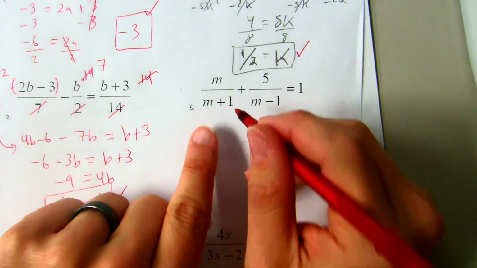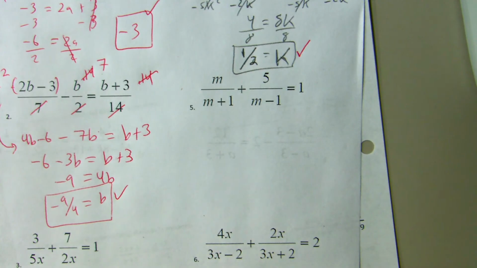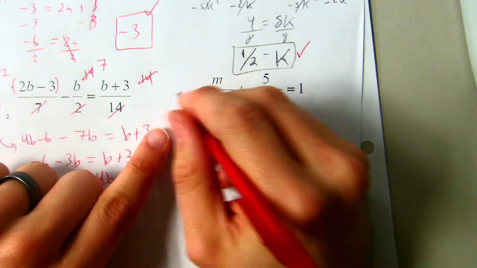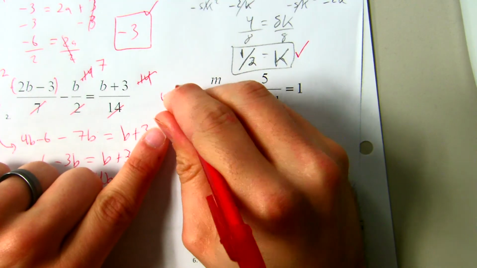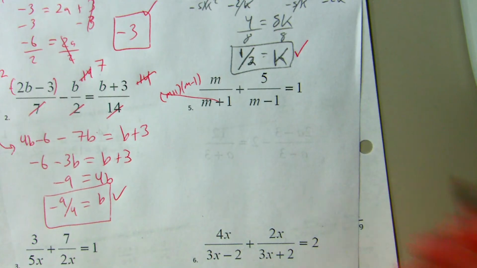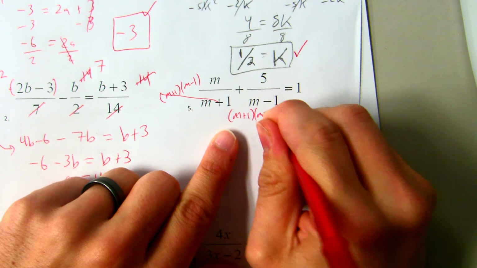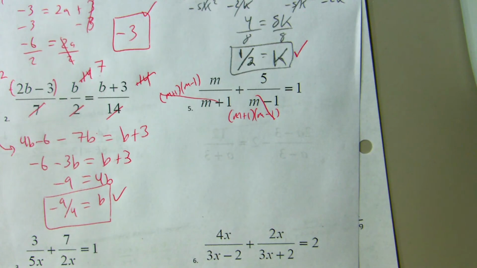So if this one has a factor of m plus 1, and this one has a factor of m minus 1, you need to multiply everything by both. This one needs to be multiplied by m plus 1, m minus 1. Part of it cancels out. This one needs to be multiplied by m plus 1 and m minus 1. Part of that cancels out. And